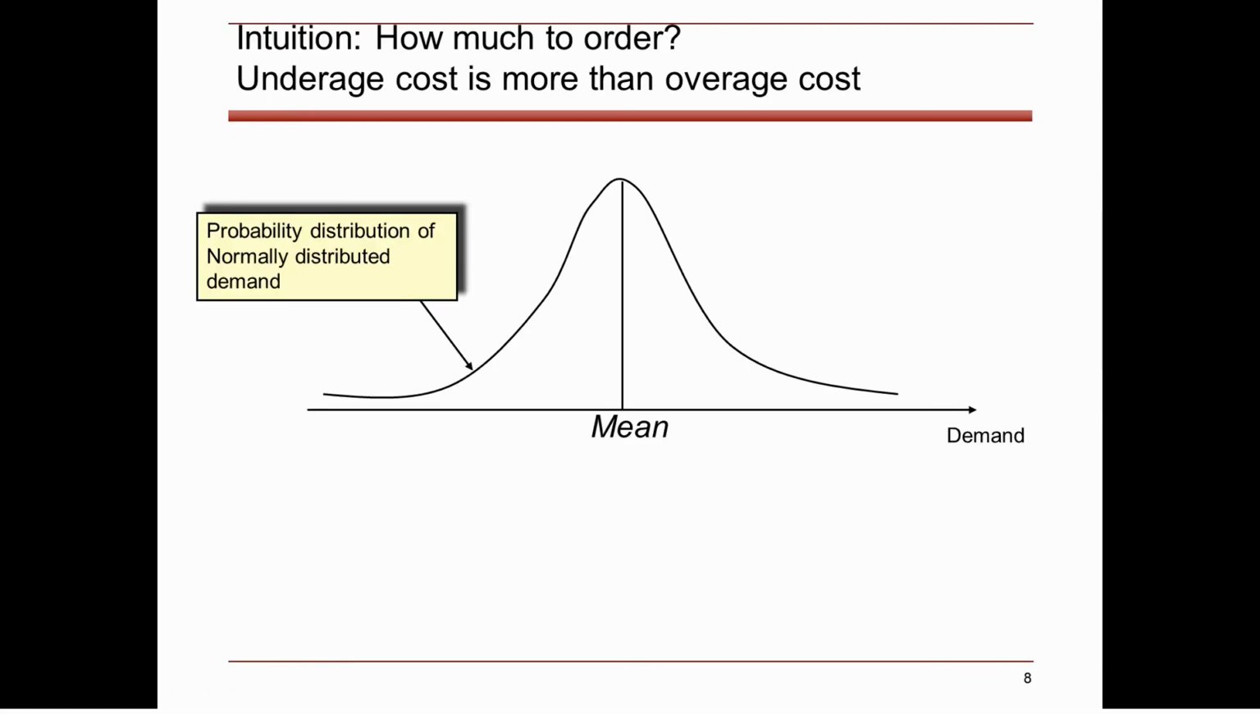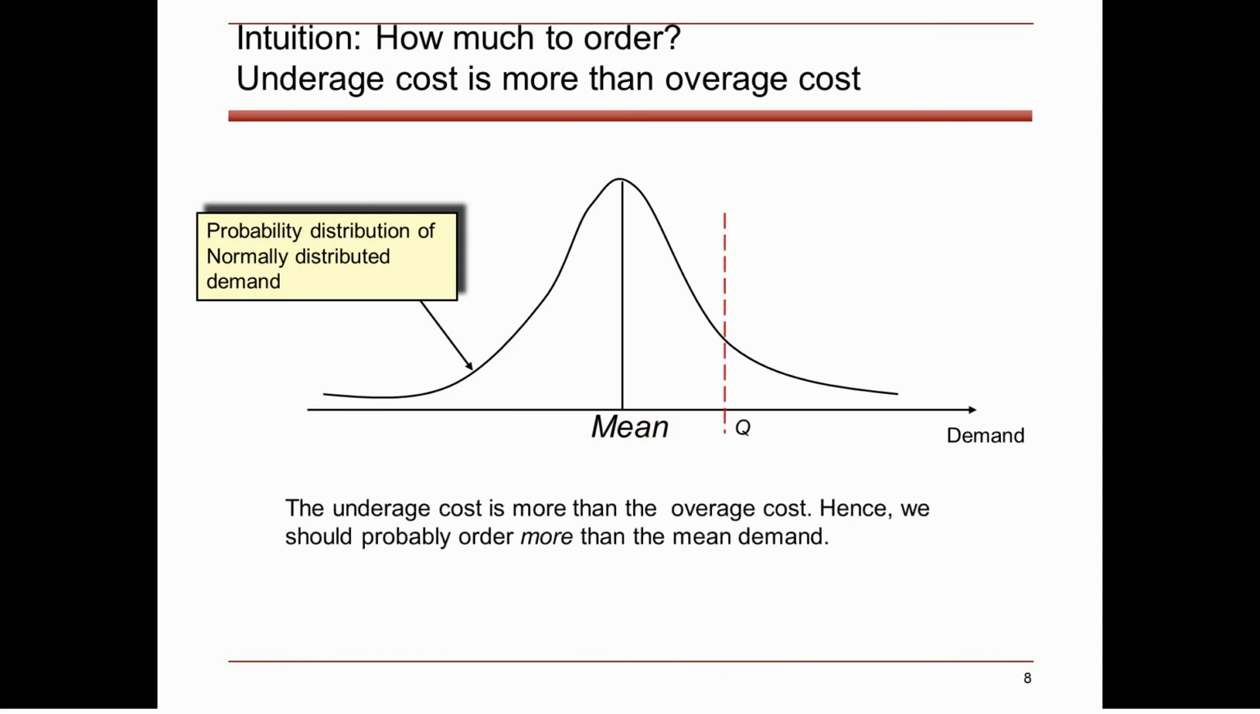Okay, so how much to order? Intuitively, we have to think about this: if the underage cost is more than the overage cost. So let's say the cost for not having enough is more. In other words, we stand to lose more if we don't have enough than for too much. Now again, we're going to assume the demand is normally distributed, which represents the variability or the uncertainty. So Q is going to be the amount that we'd like to order. And if the underage cost is more than the overage, then we should probably order more than the average